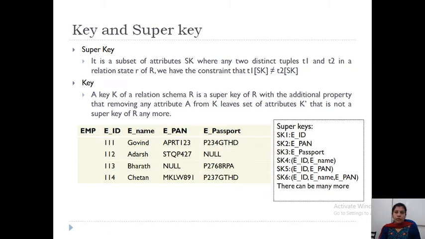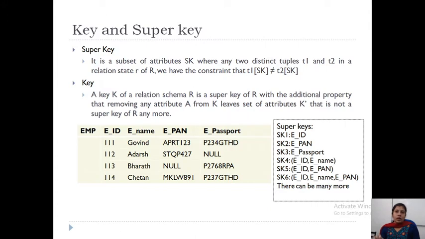There can be any number of super keys. Like you can take all the combinations, one set with one attribute, with two attributes, with 3 and 4, and like that you can form super keys here. Now the next thing is key. Key is called a minimal super key. It is also a super key, but what is special in key compared to super key?